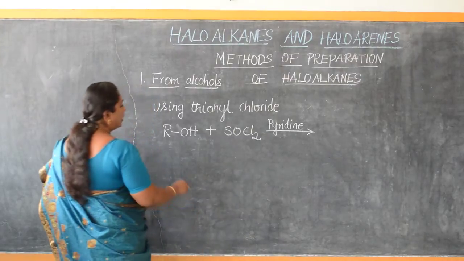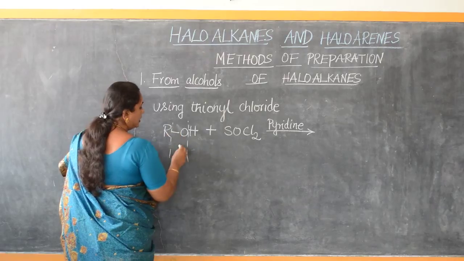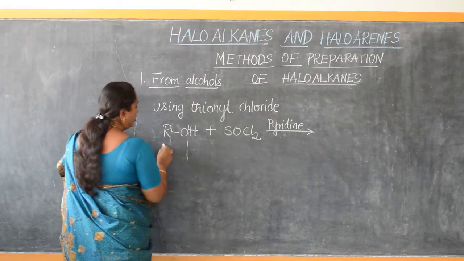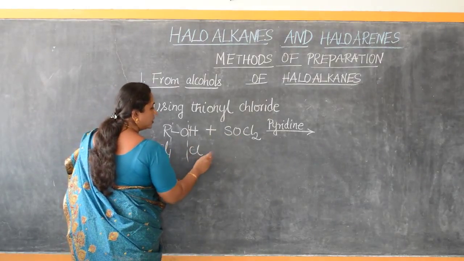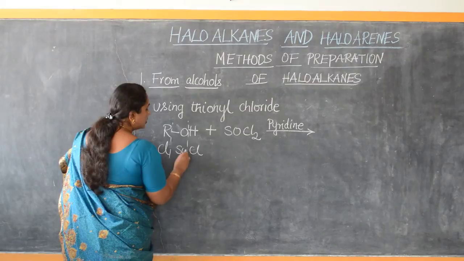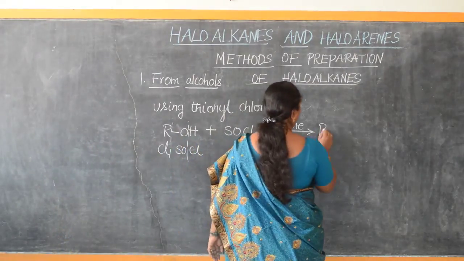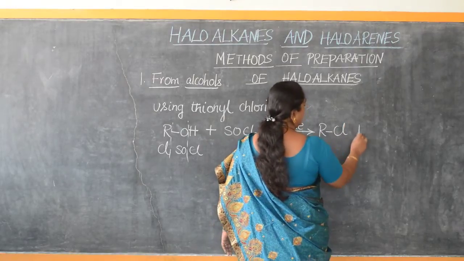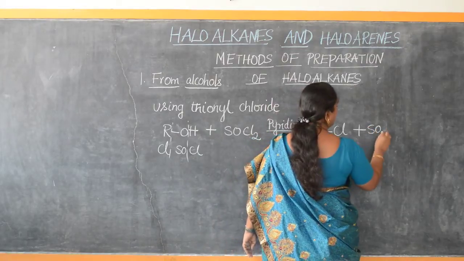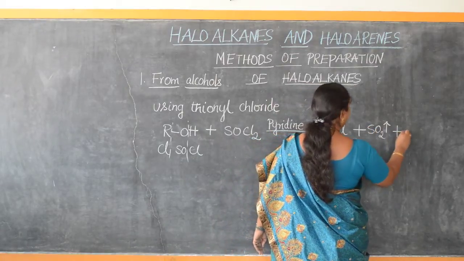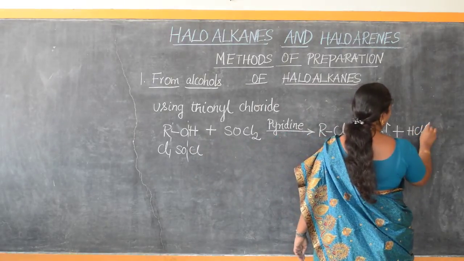Now you see actually what happens in the reaction. To make you understand, I split this into units. There are two Cl. One Cl combines with this R, one more Cl combines with this H, and then SO will combine with the oxygen. So what are the three different products we are going to get now? RCl, plus SO and then one O, that means SO2, that is liberated, and H and Cl, HCl, that is also liberated.